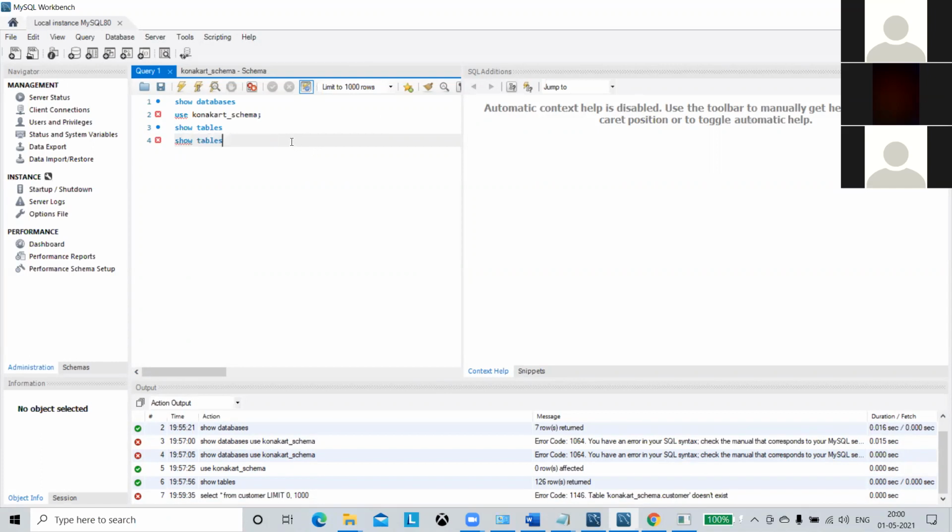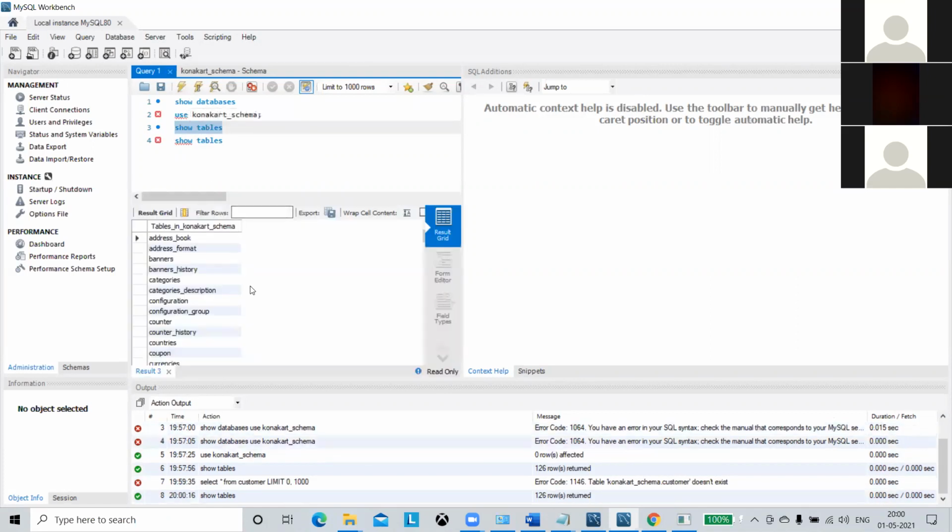It's already there in the third line. Check the tables, I remember it as customer, maybe it is not a customer table. Customers, sir. Customers.